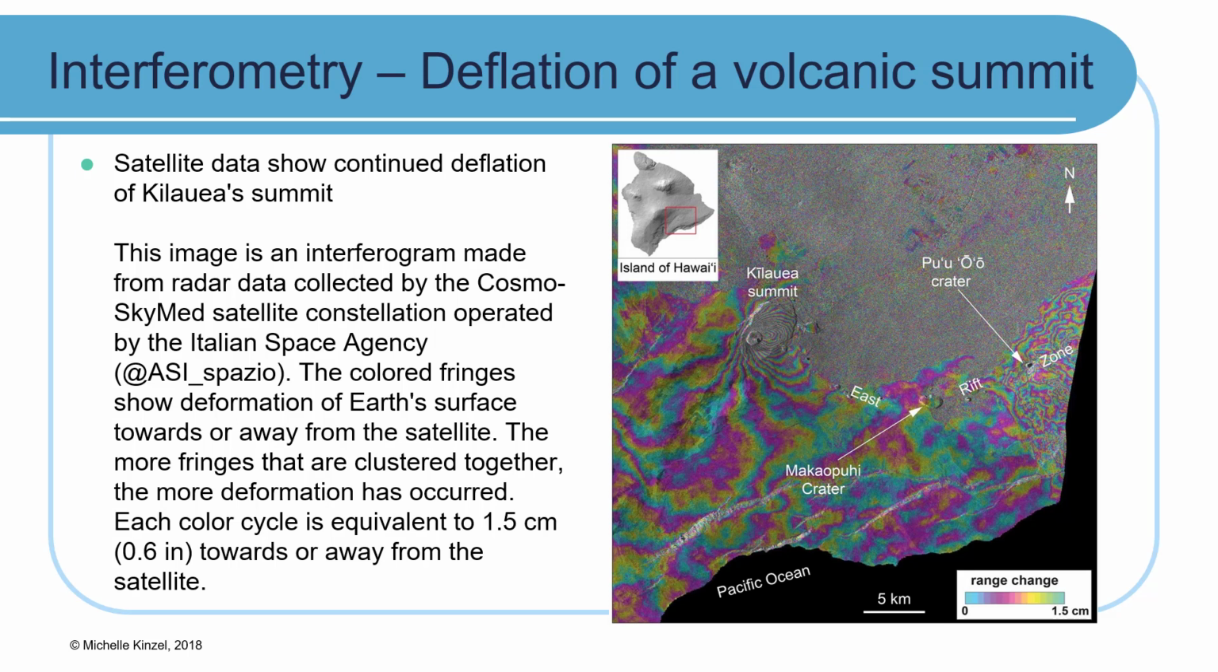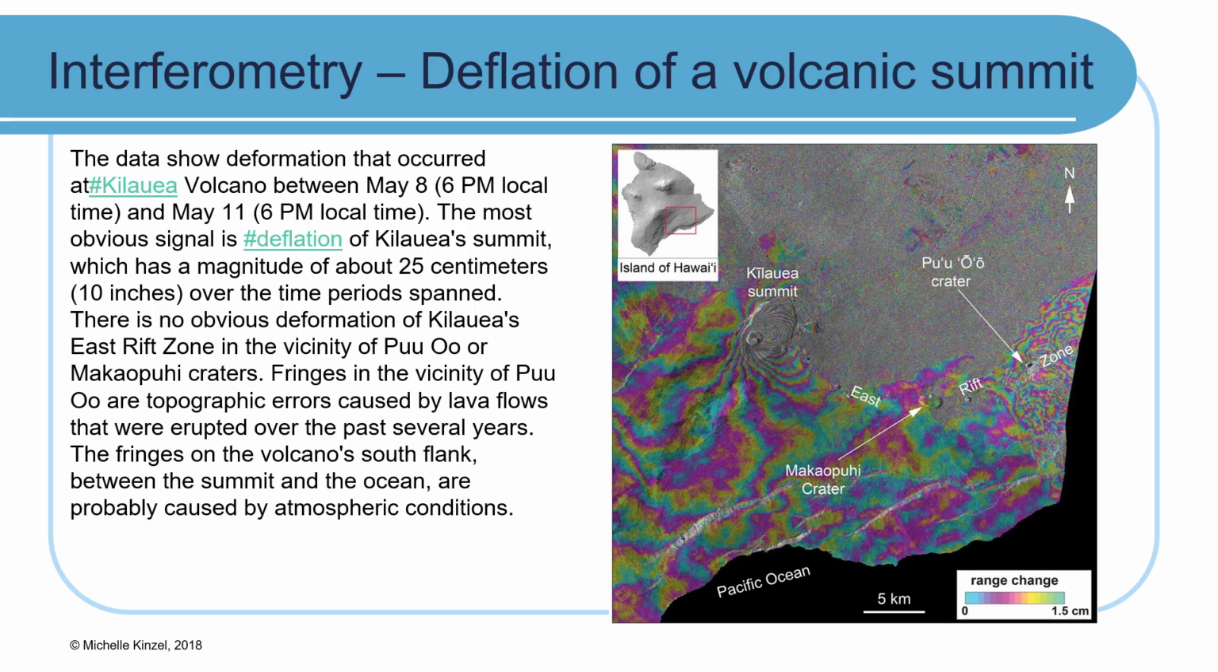Each color cycle is equivalent to 1.5 centimeters towards or away from the satellite. And there is a scale bar there that shows what each of those colors mean. So this actually occurred between May 8th and May 11th, and it has a magnitude of about 25 centimeters over that time period. And there's no obvious deformation of Kilauea's East Rift Zone, and the fringes in the vicinity of the area or the crater called Pu'u'o'o,